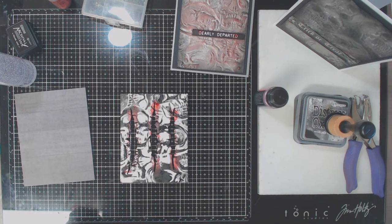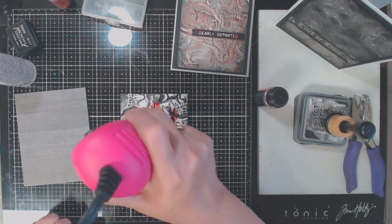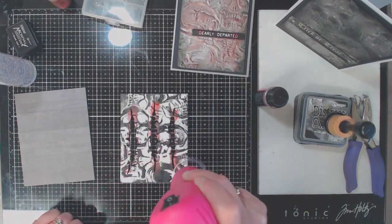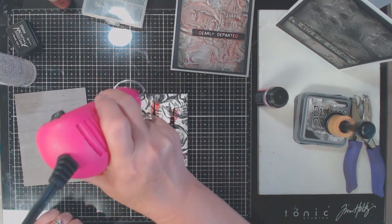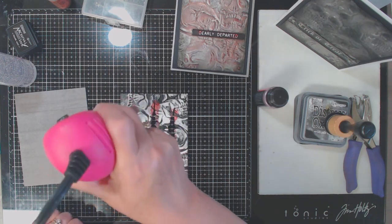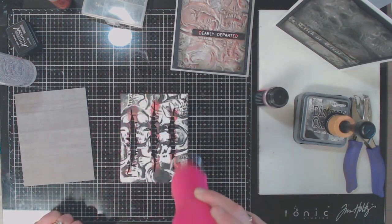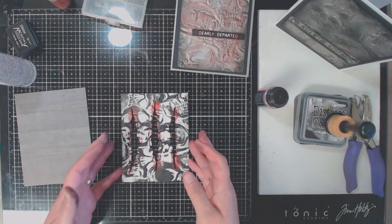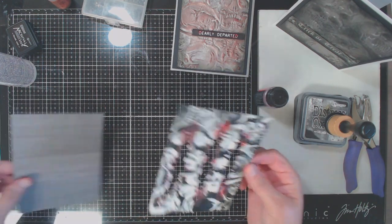Now, if you don't have any distress stain, I think if you probably just took some of your distress inks or your distress oxides and just kind of wet them down and got a paintbrush and just kind of brushed them over the claws, I think that probably would give you pretty much the look that I'm going for here as well. All right, so now that I have my claw marks all dried,